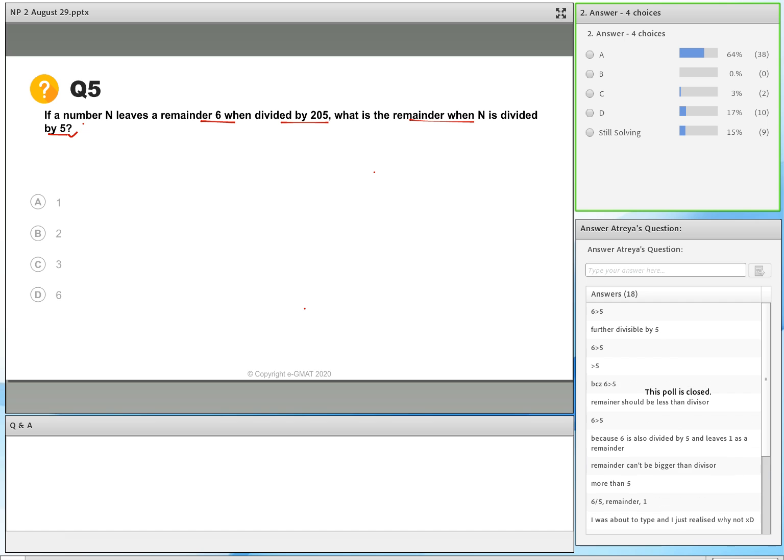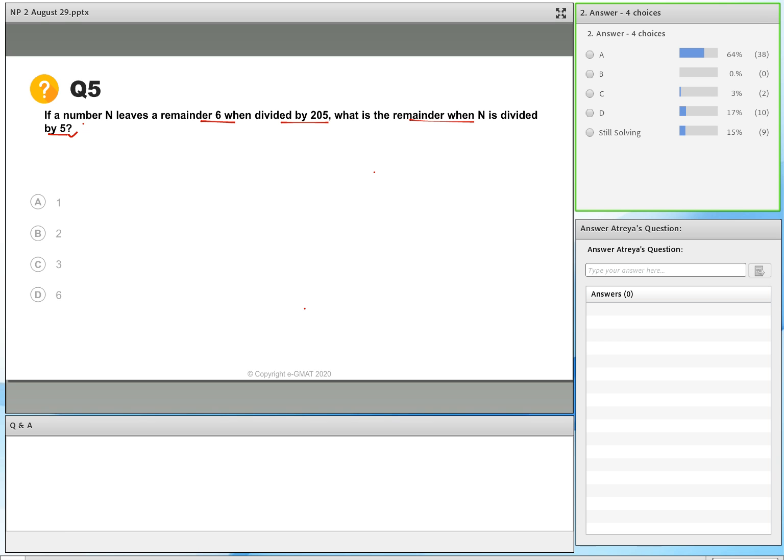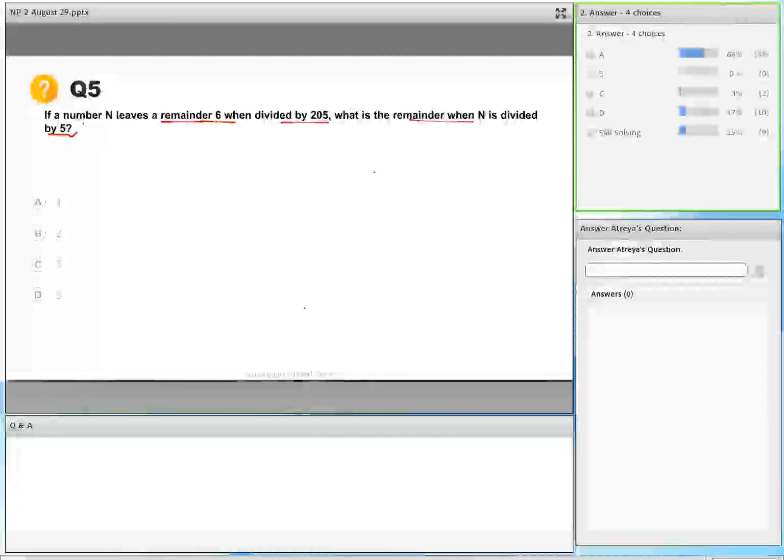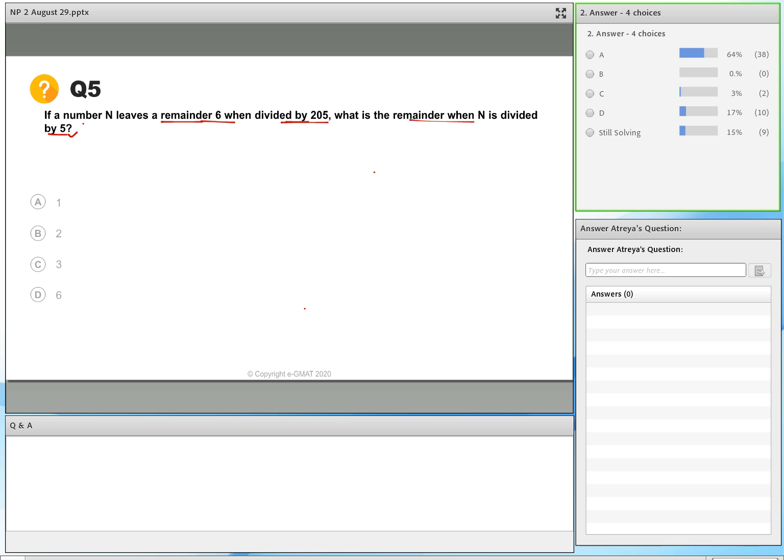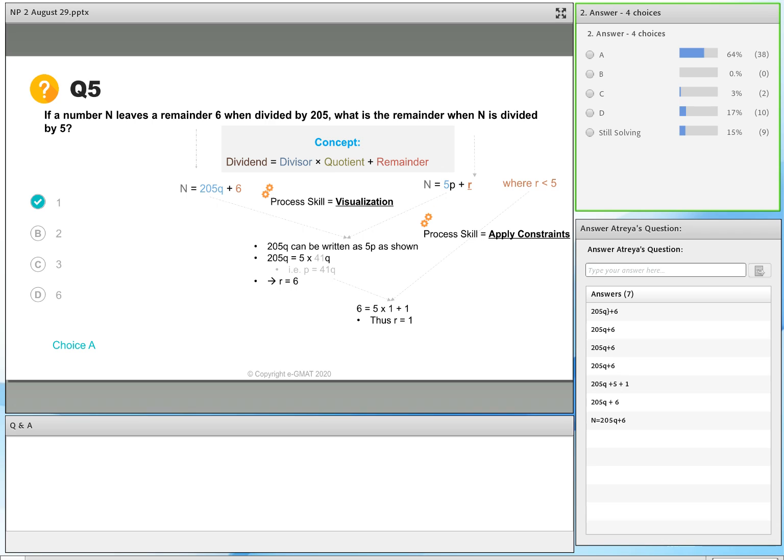Okay, I'm going to end the poll and let me clear all the answers and reopen the poll for all of you. Very quickly tell me, if n leaves a remainder of 6 when divided by 205, how can I write n? 205q plus 6, absolutely correct. I can write n as 205q plus 6. Perfect. So if I can write n as 205q plus 6, I can also write n as 5p plus r,